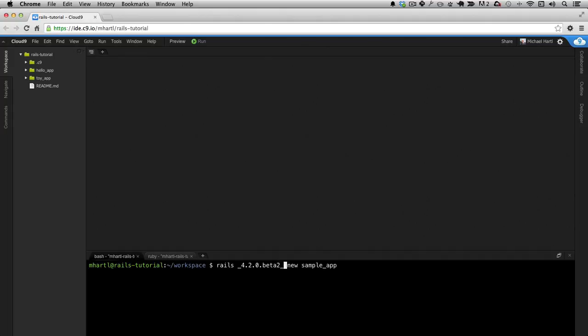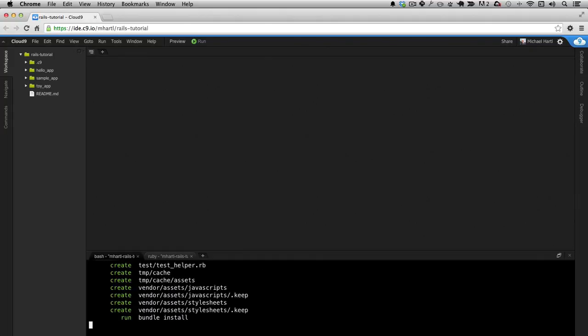But in fact, there's a slight subtlety. Things will still work if you use beta 1, but it won't be quite as smooth. So this is actually better. And I'll show you in a second what happens if you don't have this. This should be installed on your system, because when you run bundle install on these guys, like the Hello app